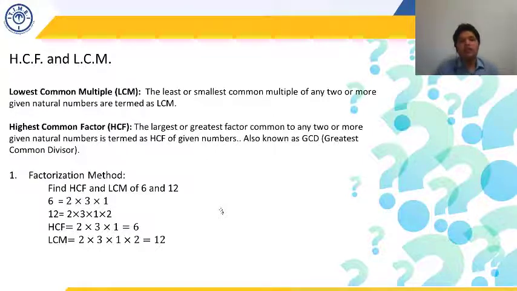Again, I am explaining what this factorization method is. First we will do prime factorization of the given numbers. HCF is going to be the multiplication of the common factors between them, taken one time. And in case of LCM, one time we will multiply the common factors between them, followed by the multiplication of the uncommon factors also, which are present in only one of them. Okay, I hope it is clear. So this is the factorization method to calculate HCF and LCM.